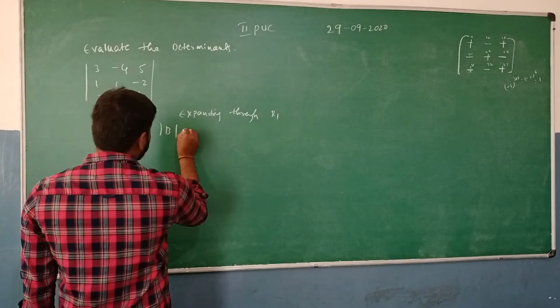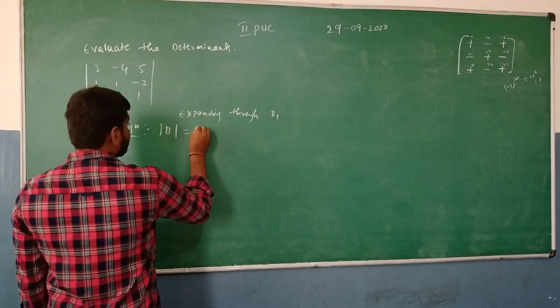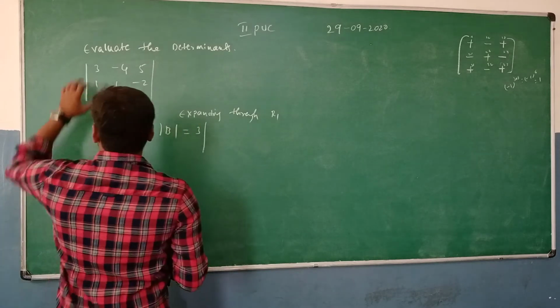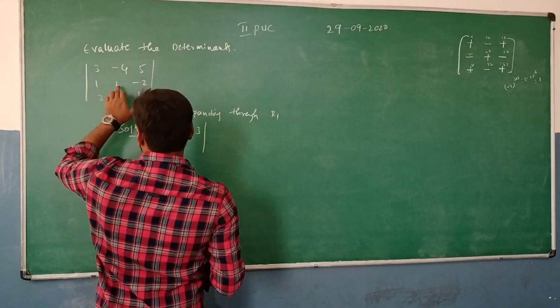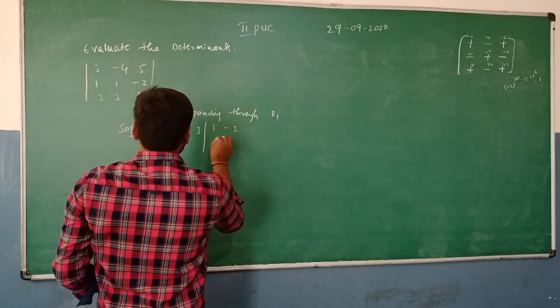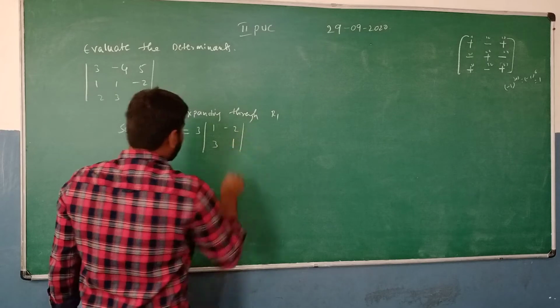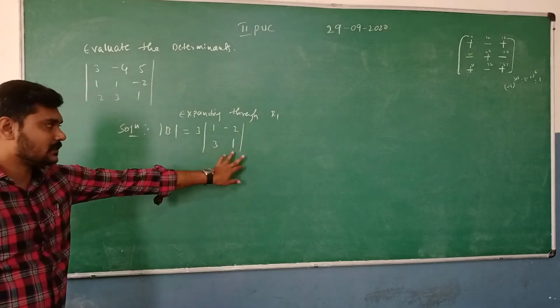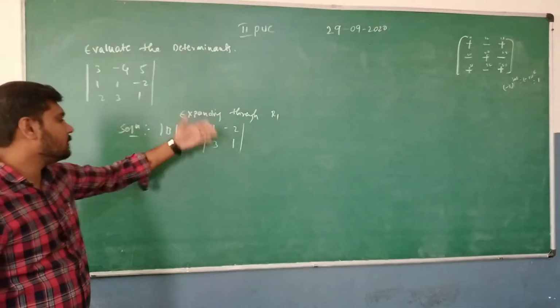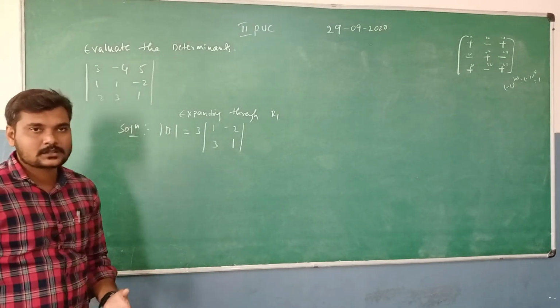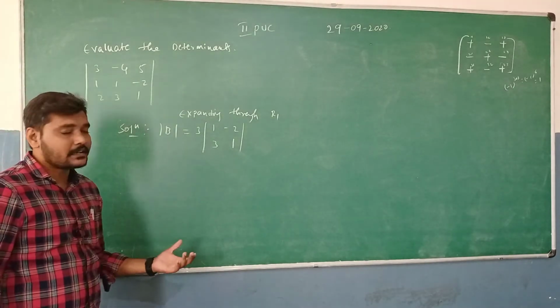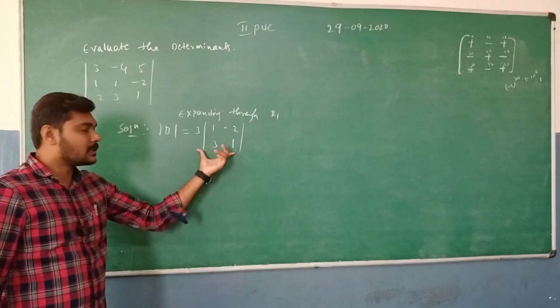Then the determinant of B is equal to, here 3, we need to neglect the corresponding row and corresponding column, so that is going to be 1 minus 2 D1. Since this is the beginning, I am writing it this way. When you are familiar with more problems related to expanding through the given column or given rows, you can directly solve them.